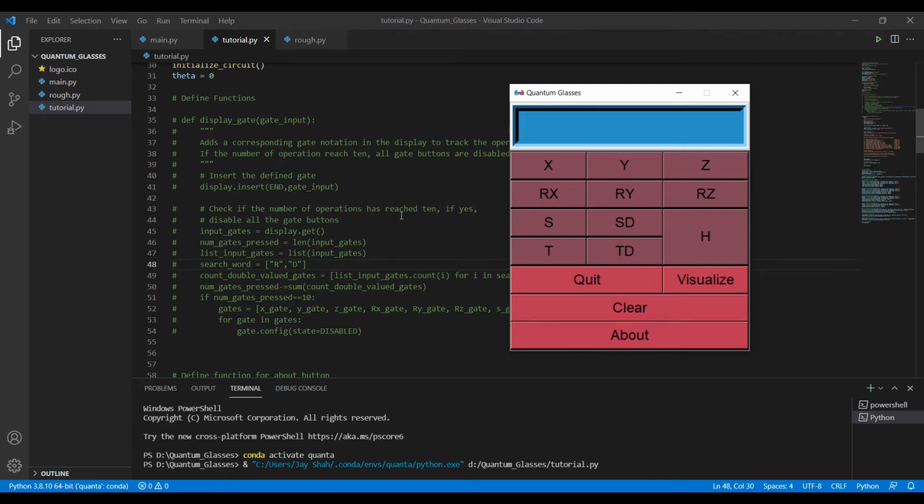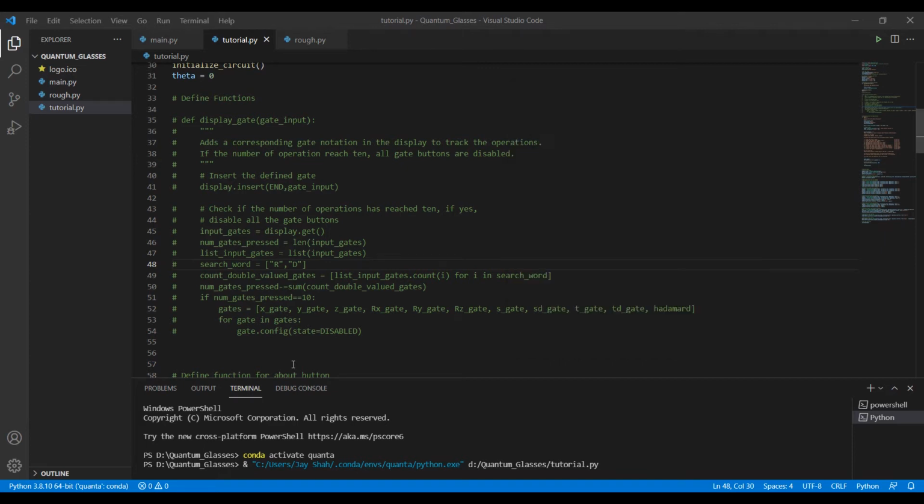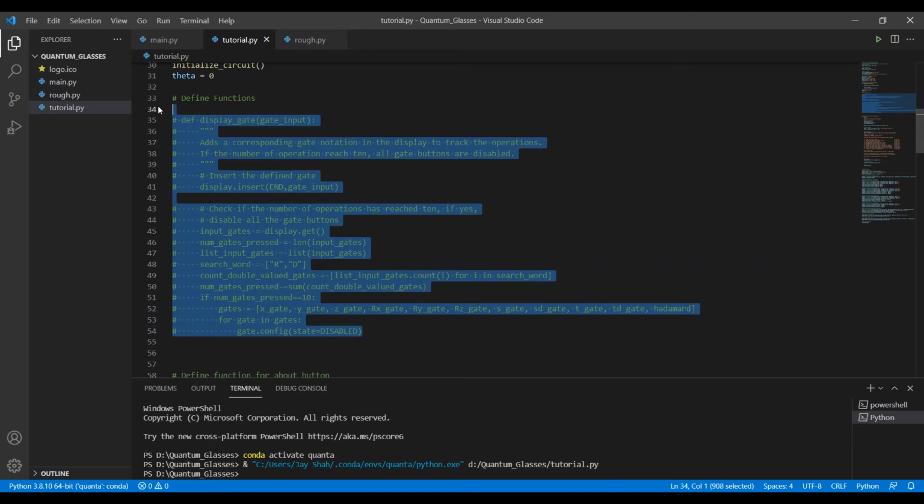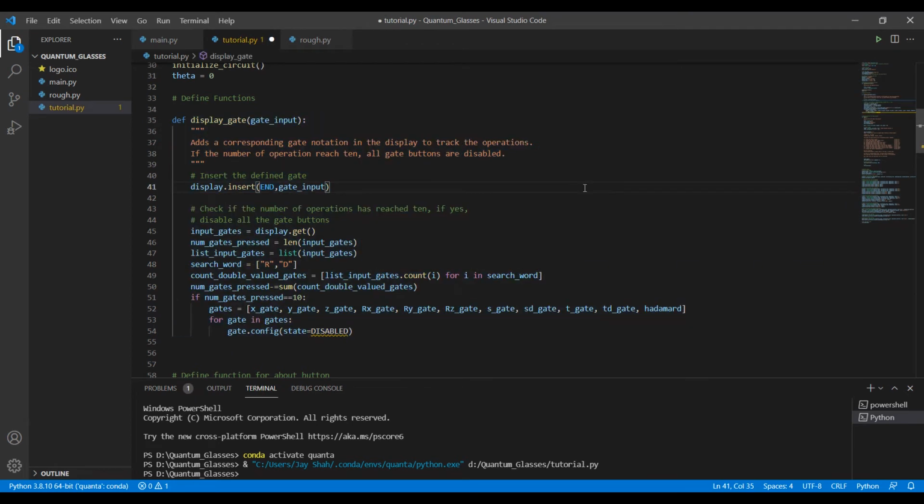Close this and uncomment this. So you can see here, add a corresponding int notation in the display to track the operations. And the second function is, if the number of operations reaches 10, all gate buttons are disabled. Now let me explain this second thing.